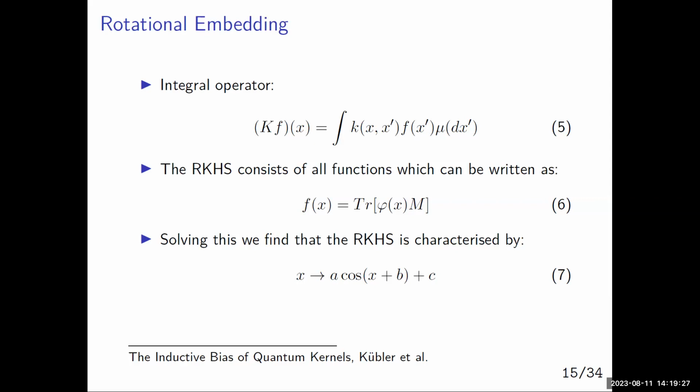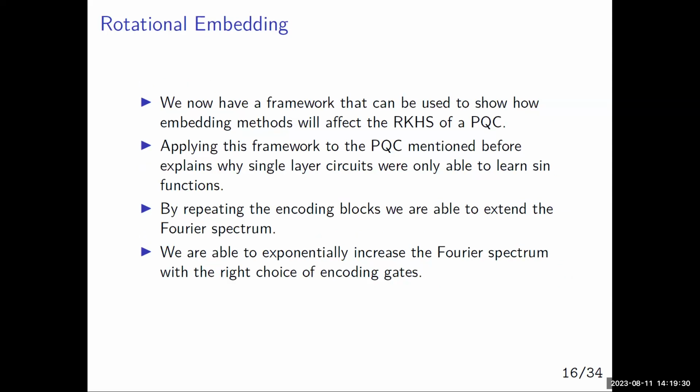So from here, using what we've done, we also now have a framework where we could take any encoding method and work out the eigenfunction for it, and say how any encoding method will bias the functions which you can learn. So that's nice if you have just an encoding method and you want to know what types of functions it will be good at learning. And yeah, so now we want to ask,